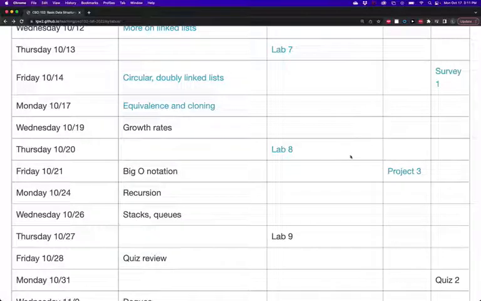Also, just a reminder of what we've got going on right now. So Thursday, Lab 8 is due, and Friday, Project 3 is due. So both of those are going to get you really comfortable working with various kinds of linked lists and writing code for implementing linked lists. So definitely get those done, and we will be